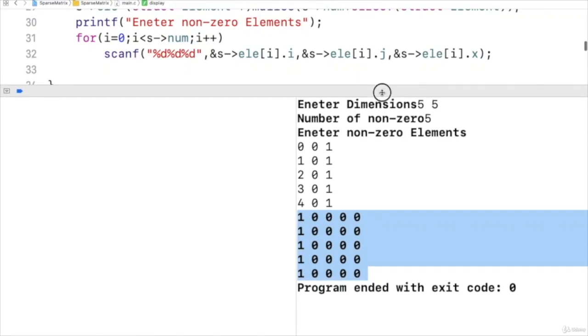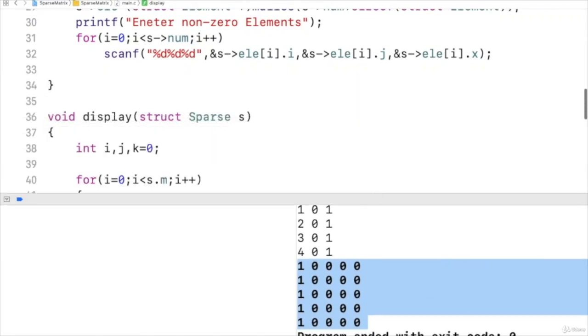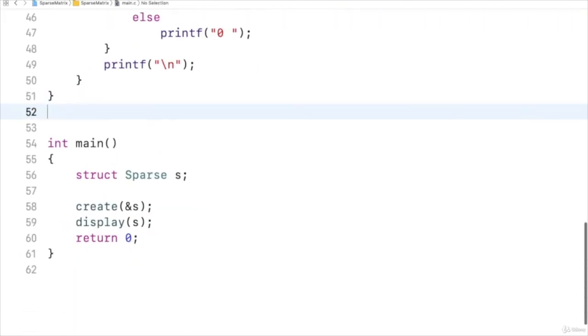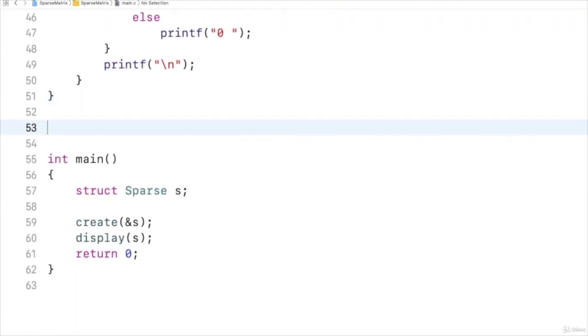So we have finished with the creation and displaying of a matrix. Now we have to write a program for adding two matrices that we have already discussed. So let us write a function for adding two matrices. The function name must be add. It must take two sparse matrices,